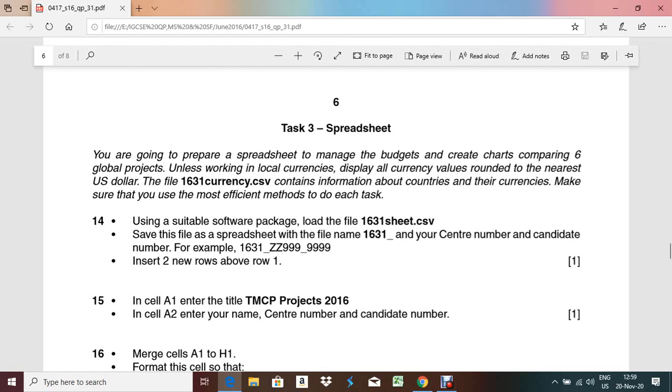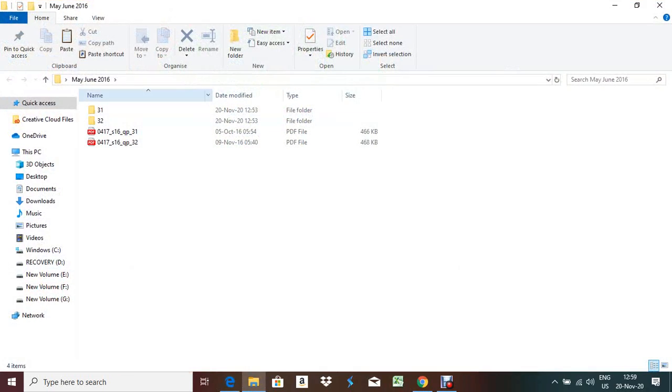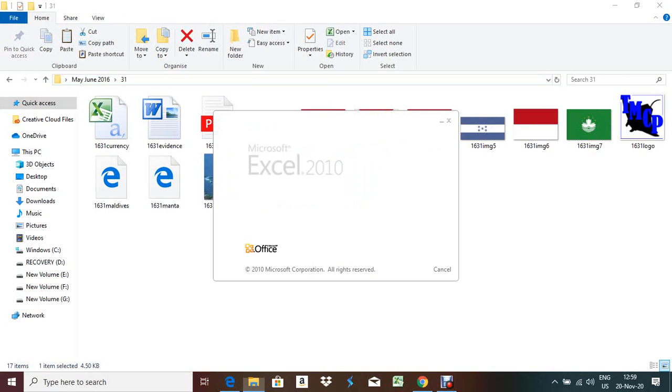Using a suitable software package, load the file 161 sheet.csv. Save this file as a spreadsheet with the file name: candidate number, center number, insert. Okay, first let me open that one. My file belongs to my desktop. They're talking about this part,